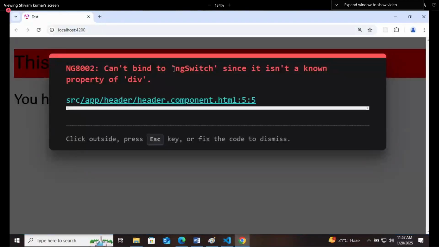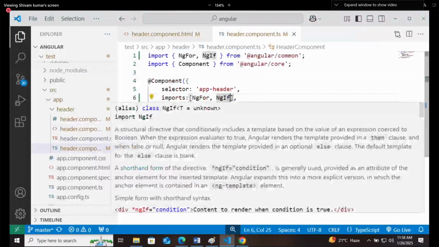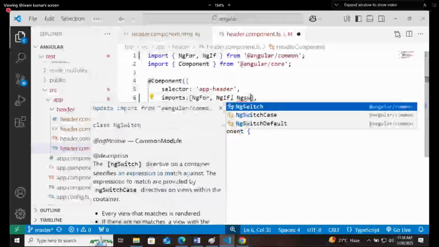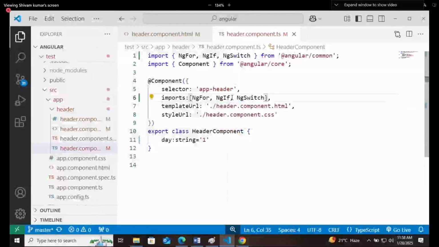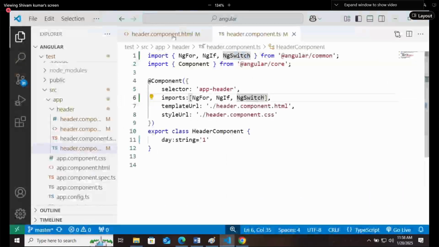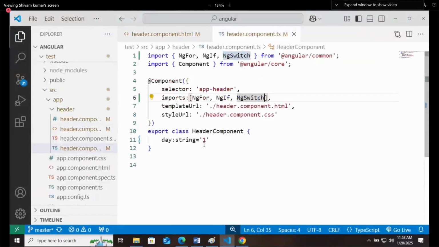It will say that ng switch is not available, so you need to import it, and that is also a problem in ng switch. I will show you. If you are importing this ng switch in this way, you have given input for and it is not showing that, right? It is not showing Monday. Value is 1 only.